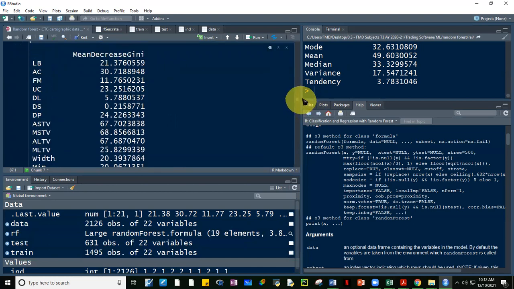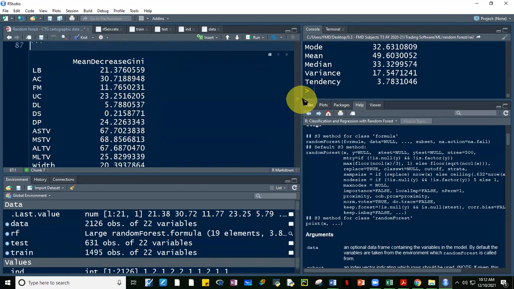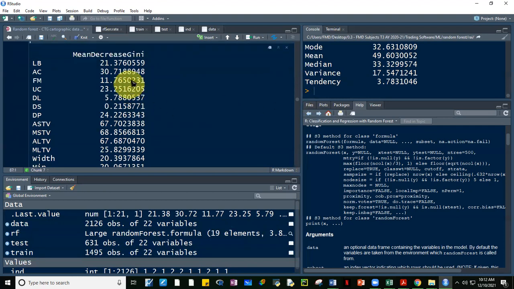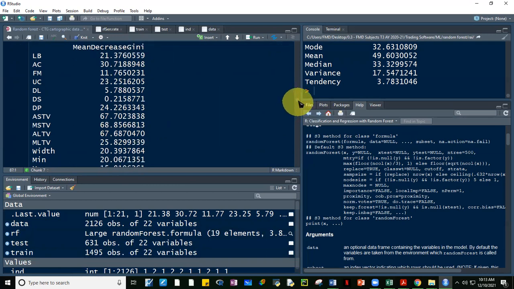Mean decrease in Gini impurity. Okay, for these variables like MSTV 68, if we remove these variables, guys, the Gini will decrease. So it's important for us to understand what Gini is. What does it measure? Because if the Gini decreases, does the model improve? Because if the Gini decreases, guys,